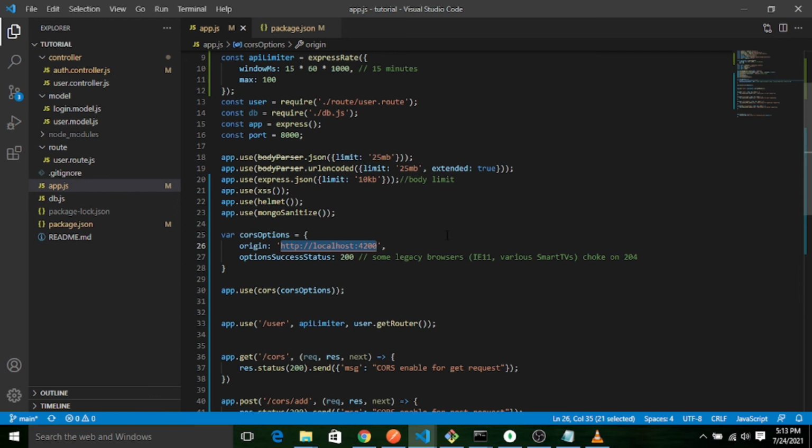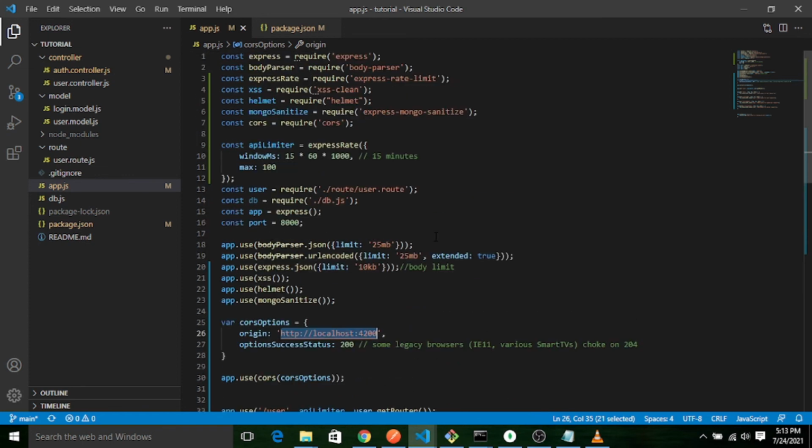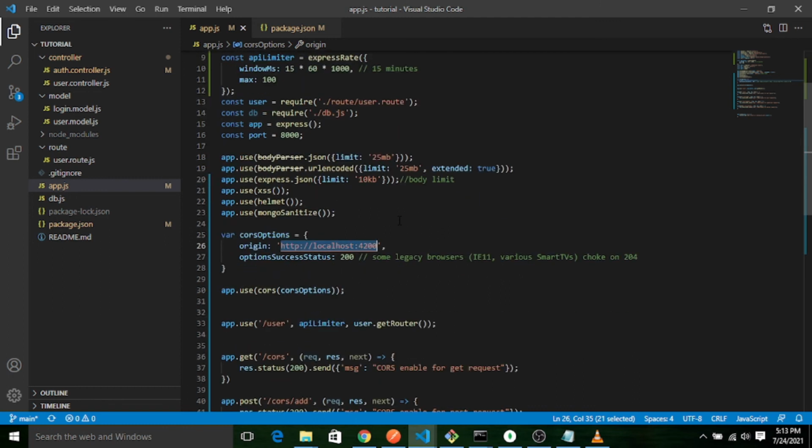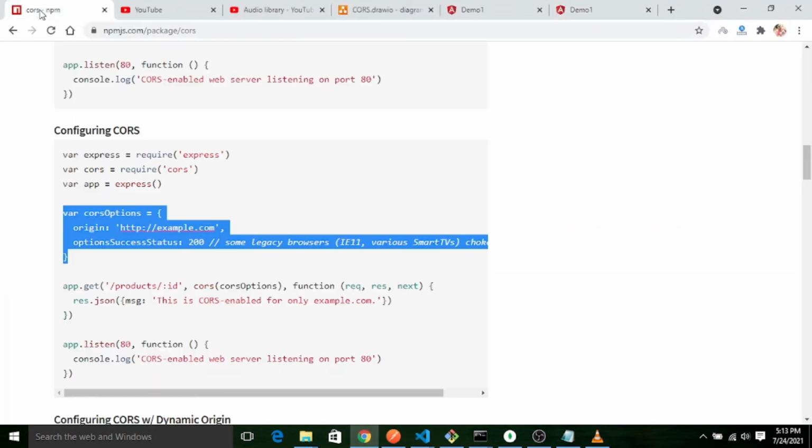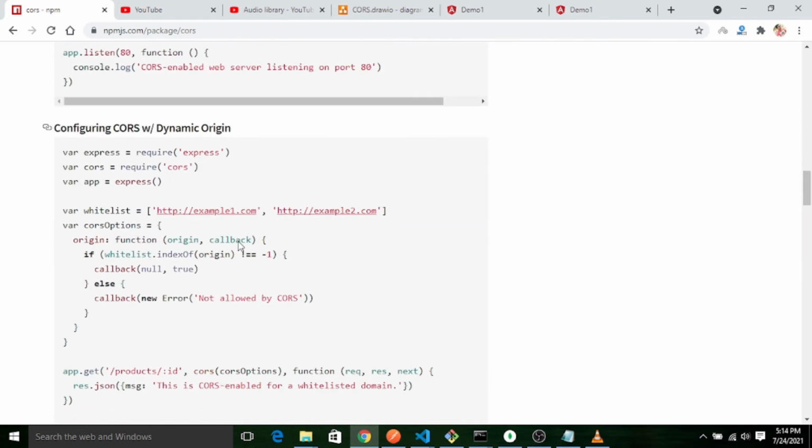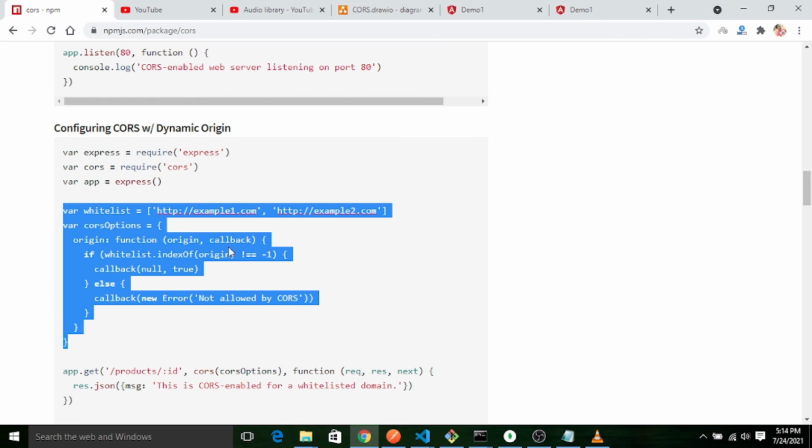Now you can understand how we can implement this kind of security feature with our Node.js application using CORS, and how we can enable CORS in the Node.js application. Let's go to their npm site. We can also use it like this. You can also allow multiple domains.